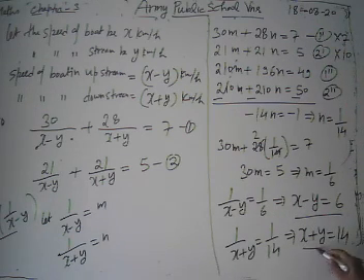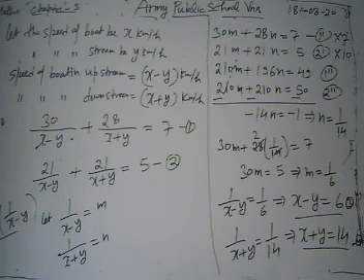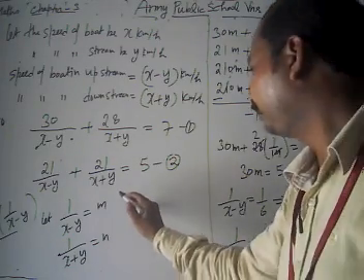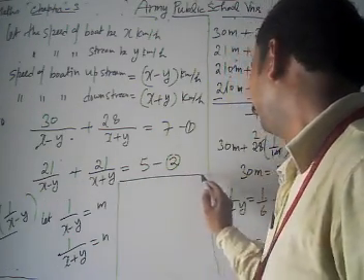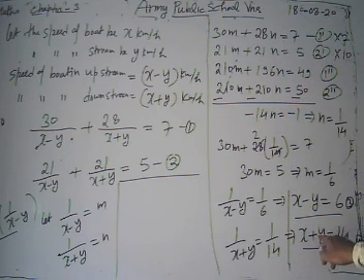Now look, we named these as 3 and 4. We get the new equations 3 and 4. Now we have x minus y equal to 6 and x plus y equal to 14. We are going to solve this pair of equations: x minus y equal to 6 and x plus y equal to 14.